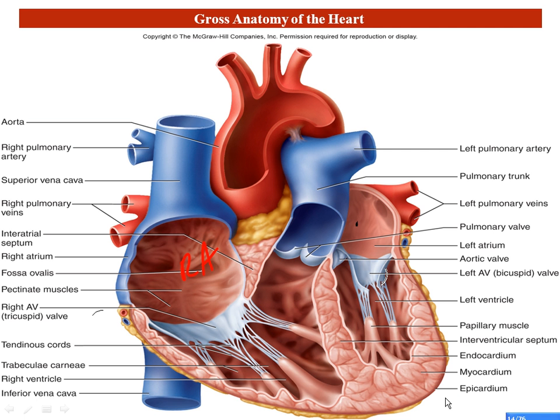The three blood vessels that feed blood into the right atrium include the superior vena cava, which is blood returning from the head, neck, and upper extremities. We also have the inferior vena cava, which is blood returning from the abdominal cavity, lower extremities, and parts of the thoracic cavity. And there's a third blood vessel that's not shown on here, called the coronary sinus. The coronary sinus is basically returning blood from the heart itself. So the superior vena cava, inferior vena cava, and coronary sinus all basically drain blood from the systemic circuit into